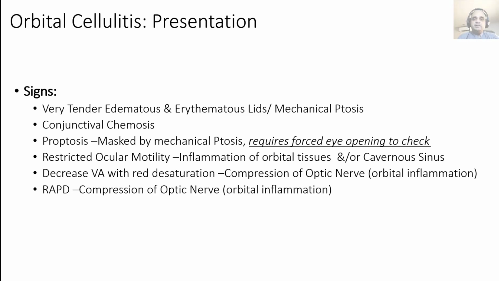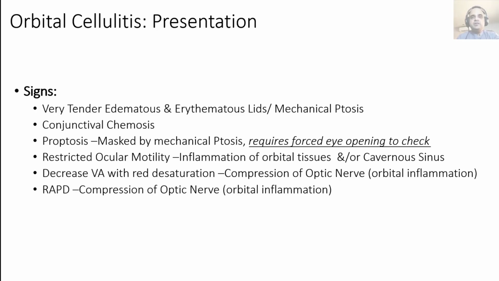And the other reason is involvement of the cavernous sinus. Now you might ask, what does the cavernous sinus have to do with extraocular movements? Well, all the nerves that supply these extraocular muscles are invariably linked to the cavernous sinus. Either they travel through it or they are traveling very close to it. So if you have cavernous sinus thrombosis, which is a potential complication of orbital cellulitis, you will have extraocular motility